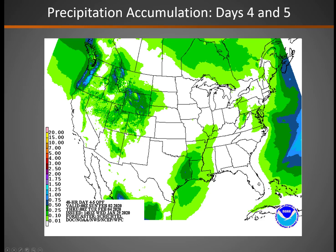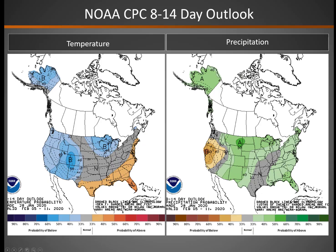Precipitation accumulation, days 4 and 5, basically light to moderate amounts. We see the areas of darker green. And the 8 to 14 day outlook below normal conditions expected across much of the Great Basin. And then the western Great Basin, however, should be drier than normal, near normal to slightly wetter than normal as you head